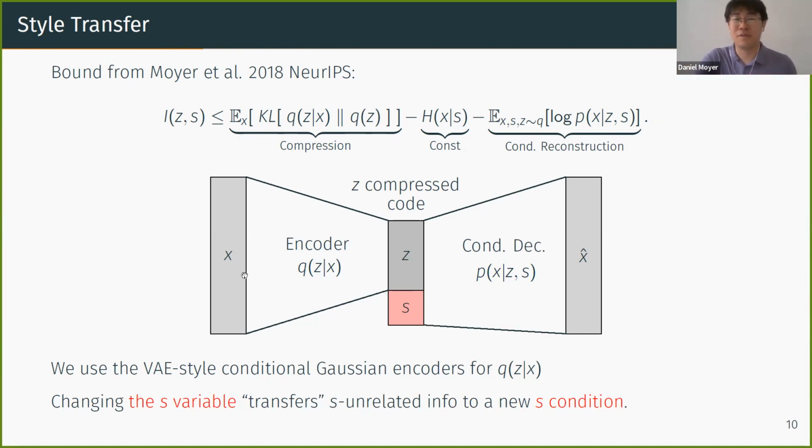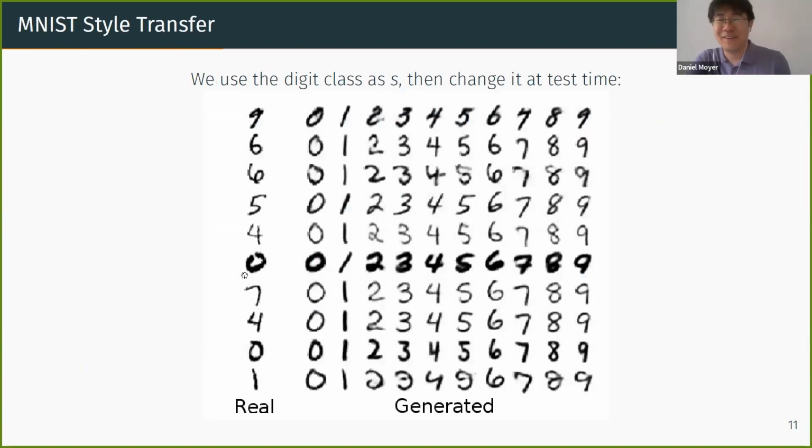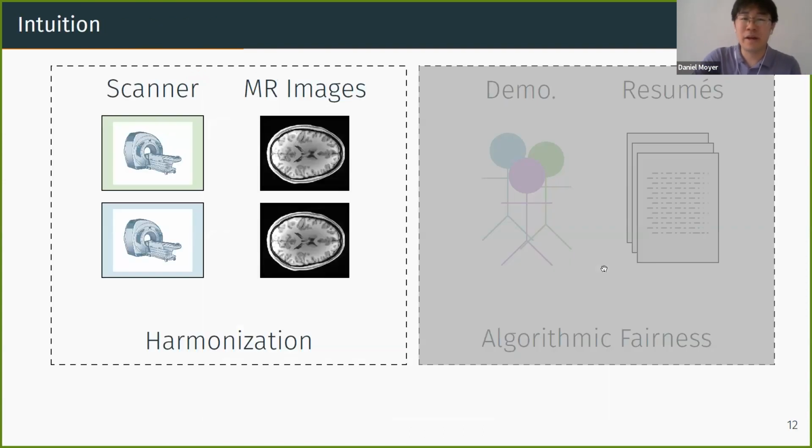So if we do this with everyone's favorite data set, MNIST, we'll encode digits into stylistic digits without their digit class, without the number, and then decode them into all the rest of the digits. So we can take this 6 or this 9 into every other digit, and it looks somewhat similar. The decoder is not particularly strong in this case, so you see some interesting digits, but you get the idea, right? This one's very thick, and the thickness continues throughout. Great. So we can do style transfer with it.